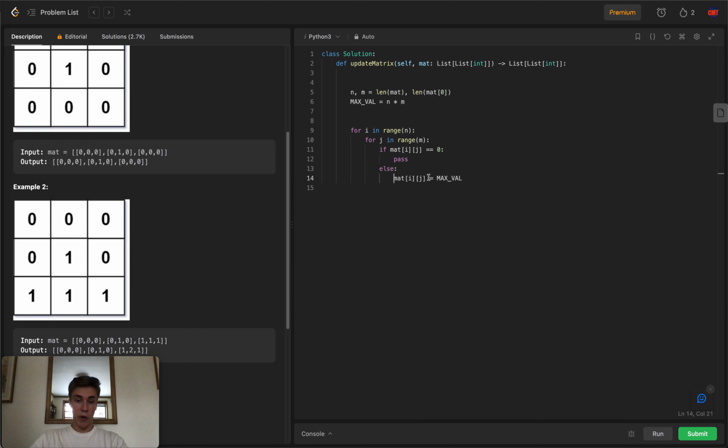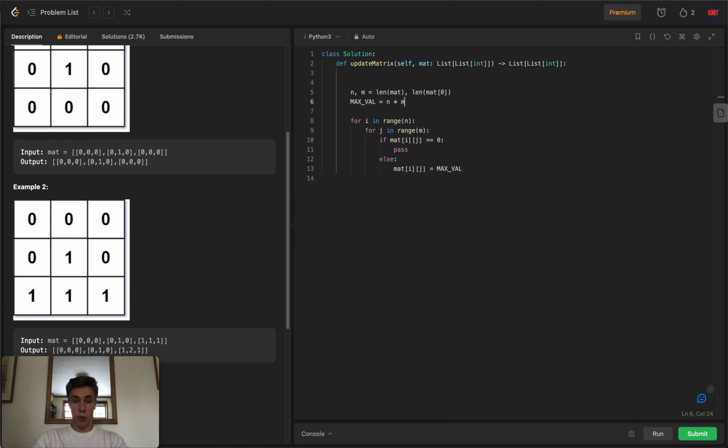So I'm actually going to update matrix values that are not set to 0 to the max value to kind of put it in the worst case scenario. But why I did this pass here is because I want to keep track of the positions of